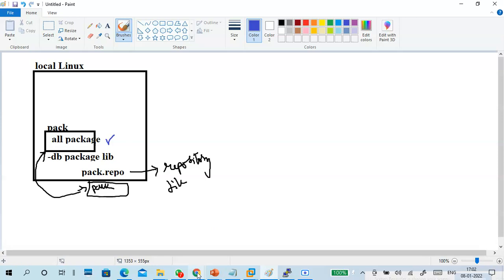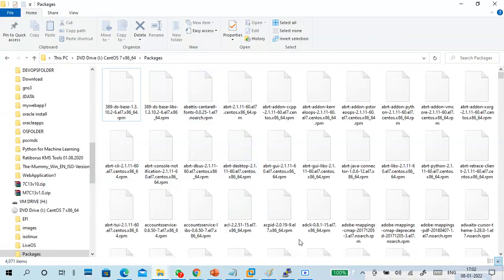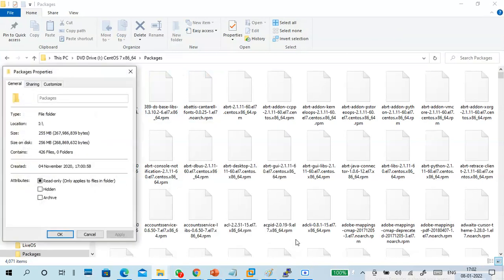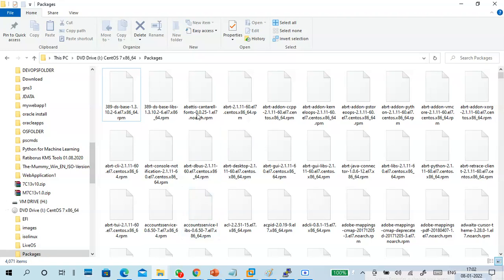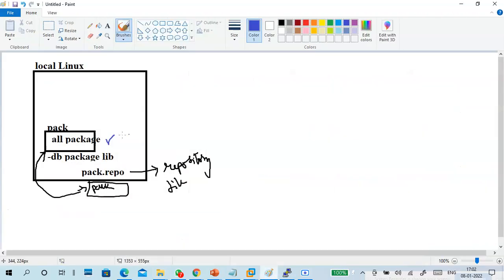In the entire DVD, most of the size is taken by these packages. Just go to the properties. See, 3.8, almost 4 GB you have to copy into a single location in the Linux machine. That is very difficult. There is a shortcut, but sometimes it works, sometimes it won't.